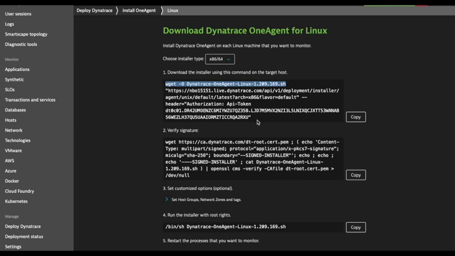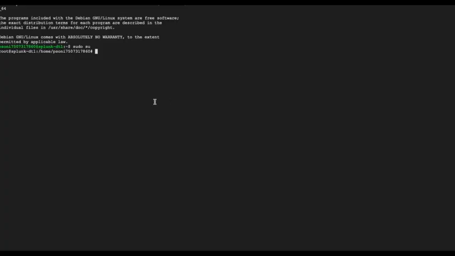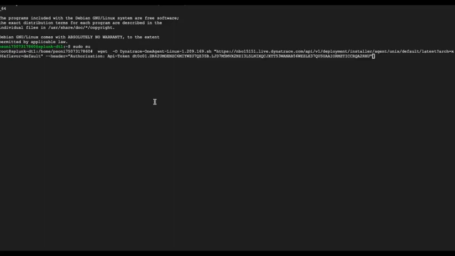If you directly copy and try to do that, it will say wget is not installed. Here, see, wget is not found. So first we need to install wget, and then we can start